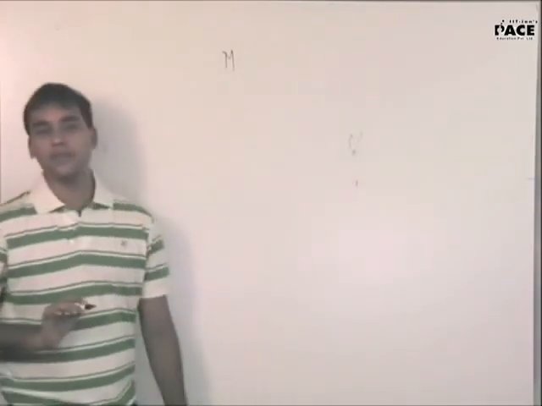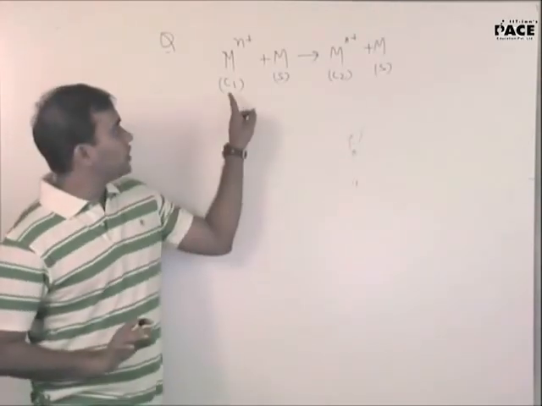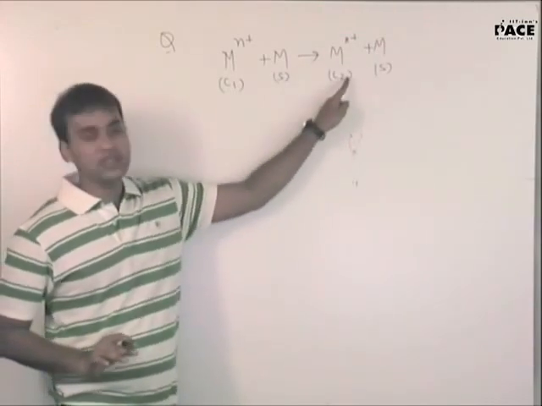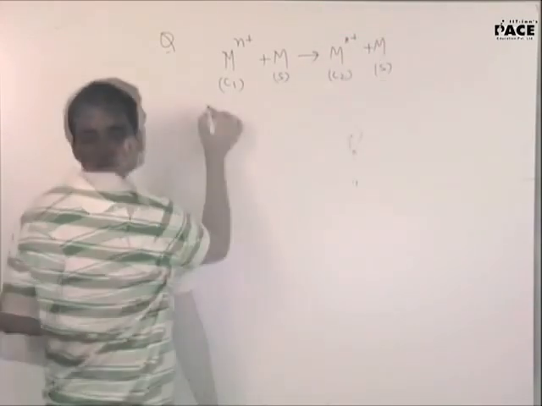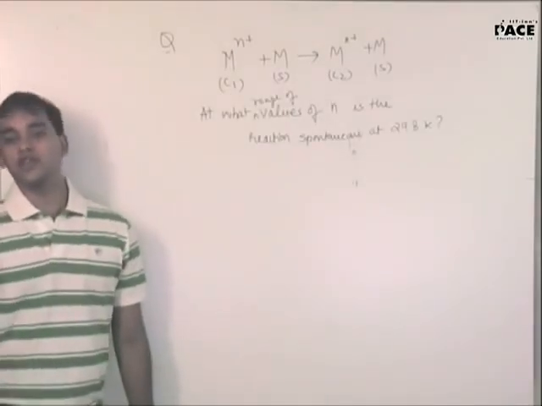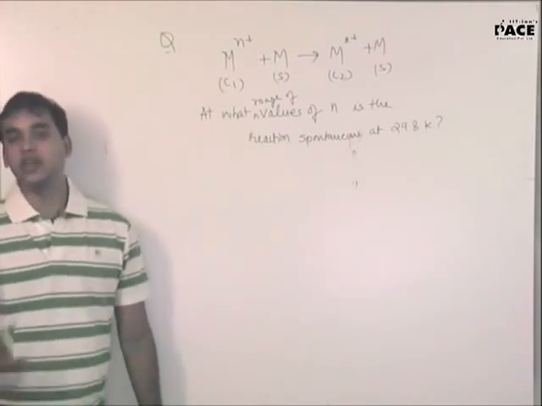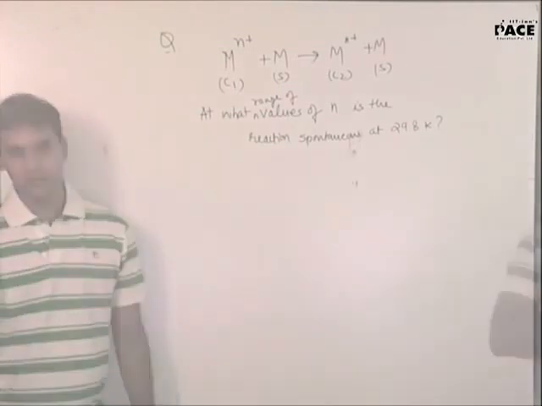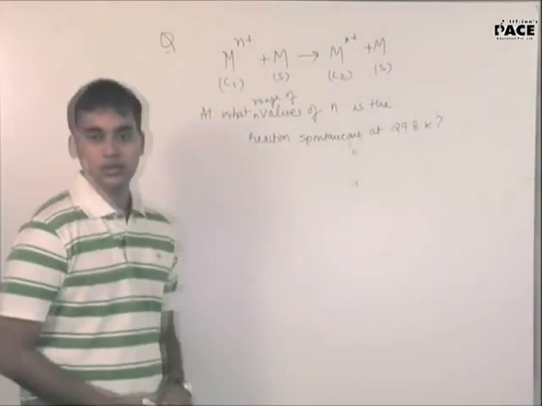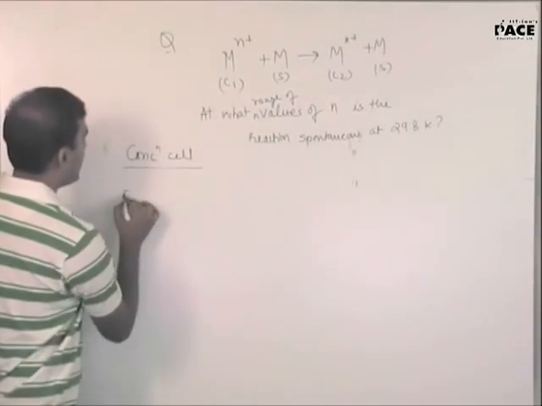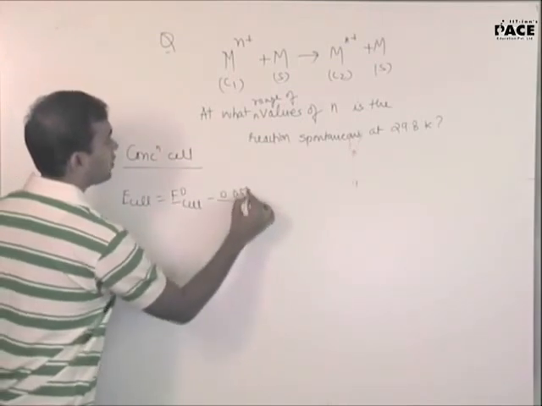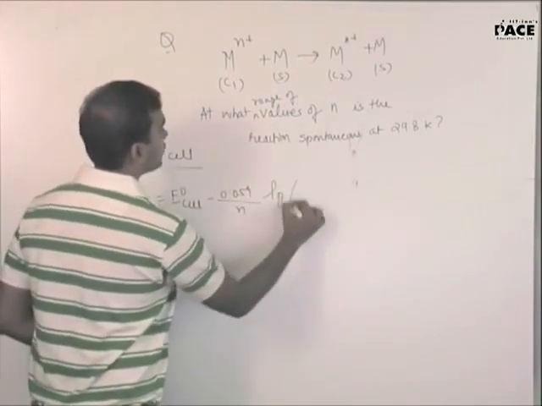Suppose I give you a question, okay? What has been given to you is Mn+ with C1 M and solid, Mn+ with C2 M and solid. You have to find the possible values of n, or the range of values of n, for which this reaction is spontaneous. Try it once. Which type of cell is it? Concentration cell. So I can say E cell equals E naught cell minus 0.059 by n log of C1